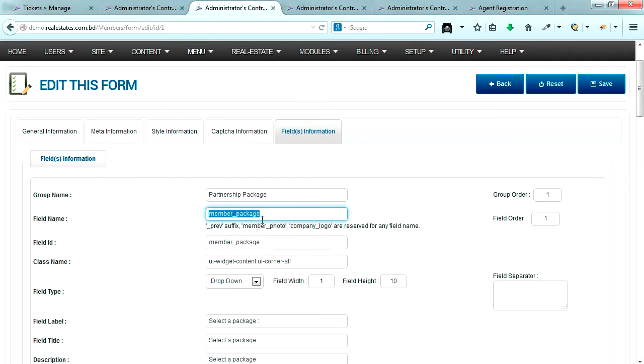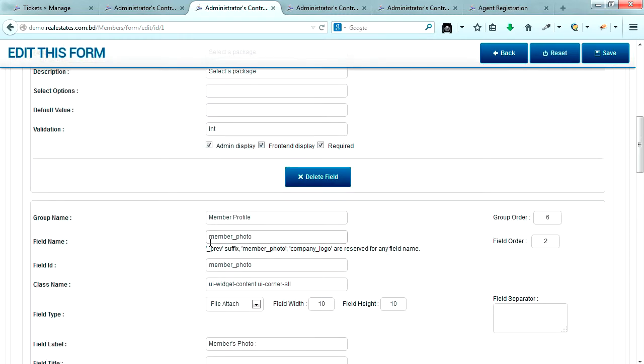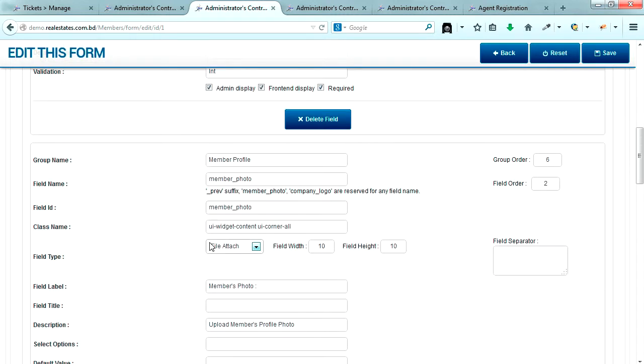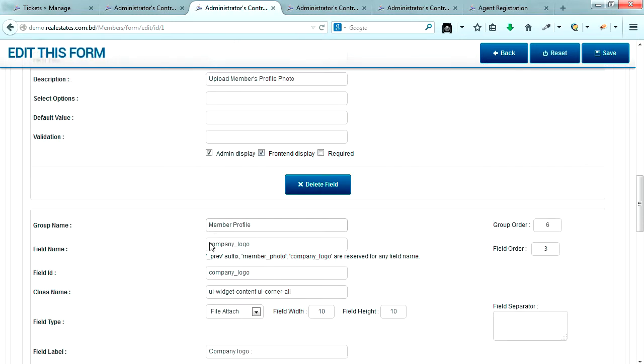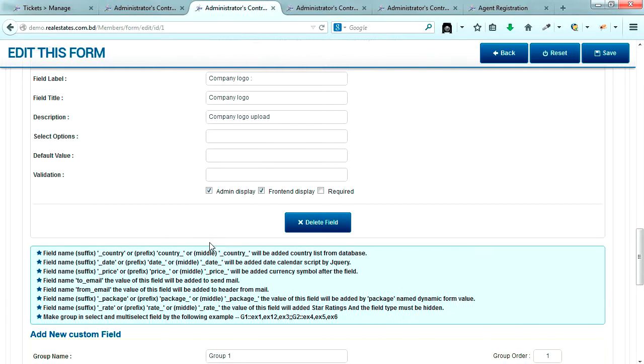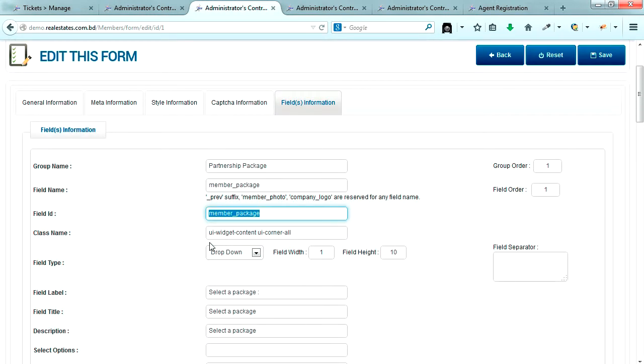We select a member package. This is a predefined keyword, and when you add a new field with member underscore package, by default the member drop down will be listed, and under this form there is a list of these fields that you can see one by one. So this is the member profile group, and the form name is partnership package.